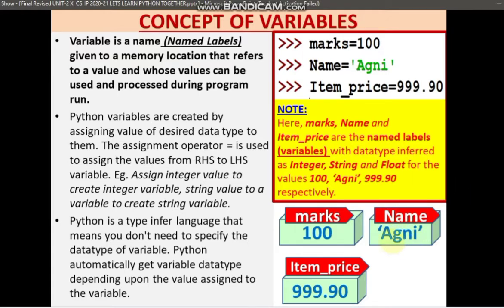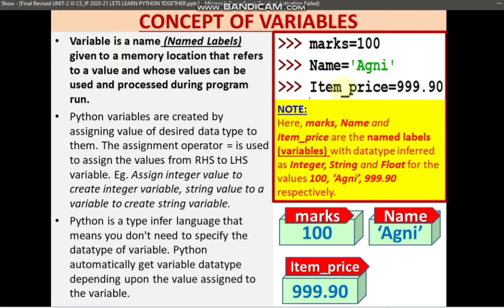So here as you can see, this block is holding the value Agni, and the label, the tag you have given is name, whatever the variable name is, written here inside this red colored label. And then item underscore price. This is again a variable name. As you know, a variable name is an identifier where we can legally use the underscore.